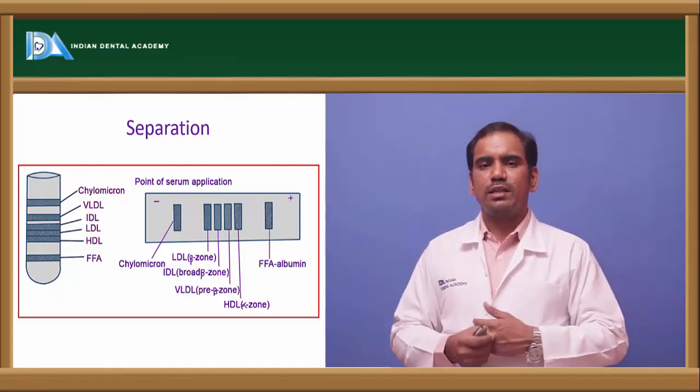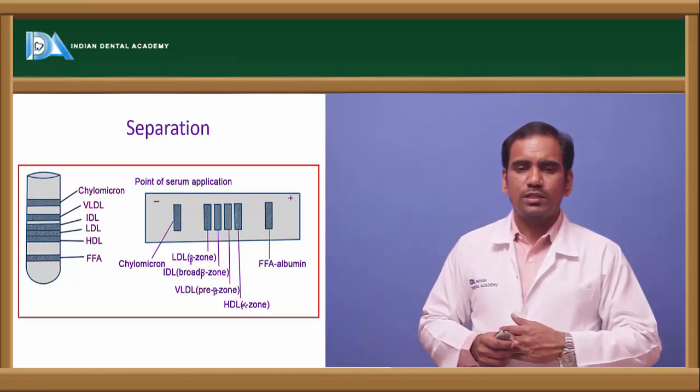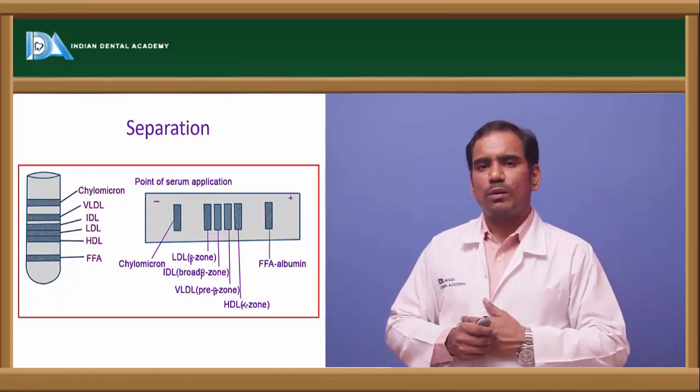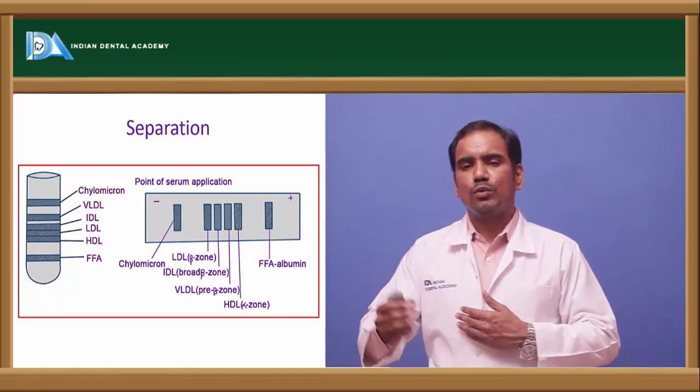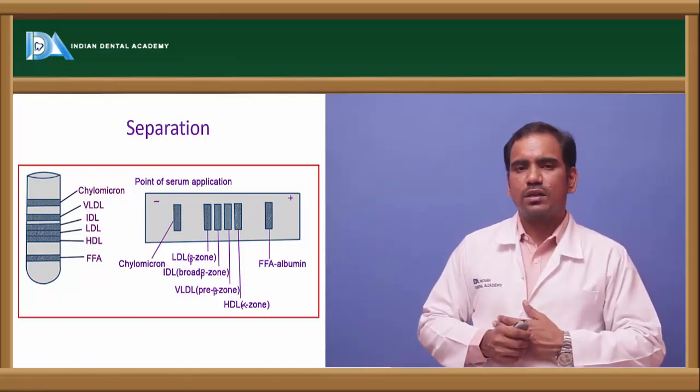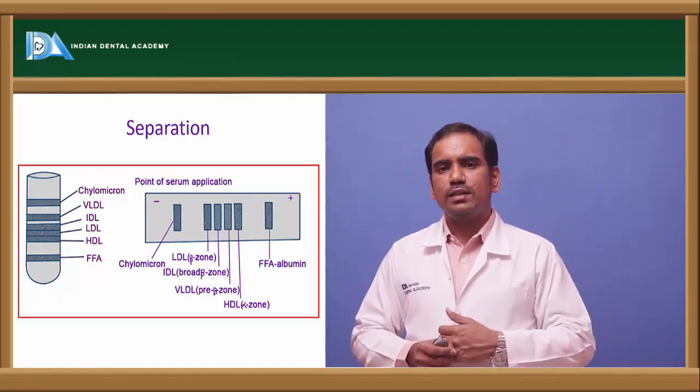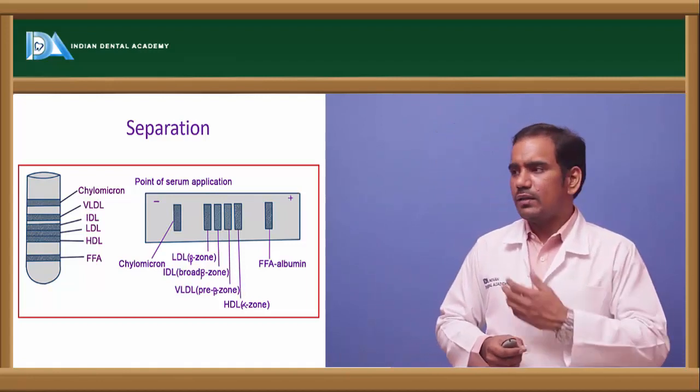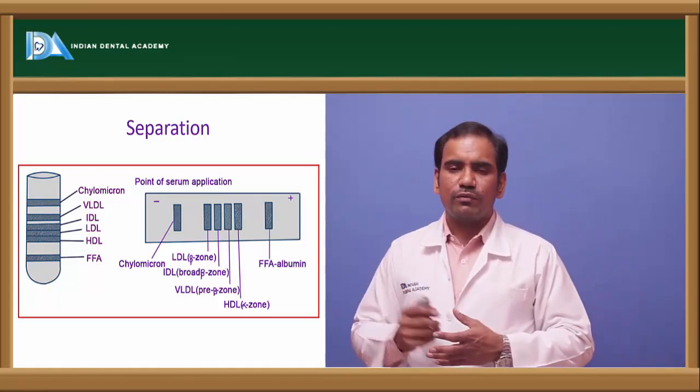Here it depends on the charge of the lipoproteins. Those which have more protein generally tend to move faster in electrophoresis than those which have less protein content. Right? So when you see the fastest moving fraction in case of